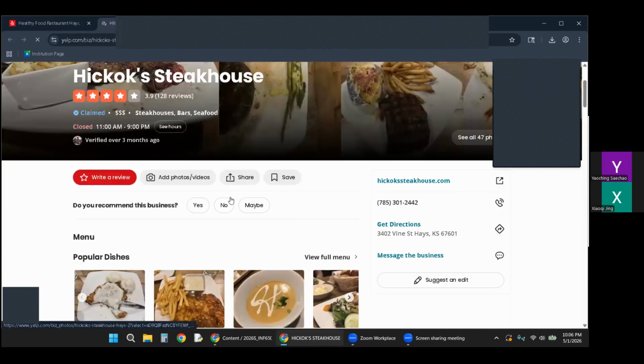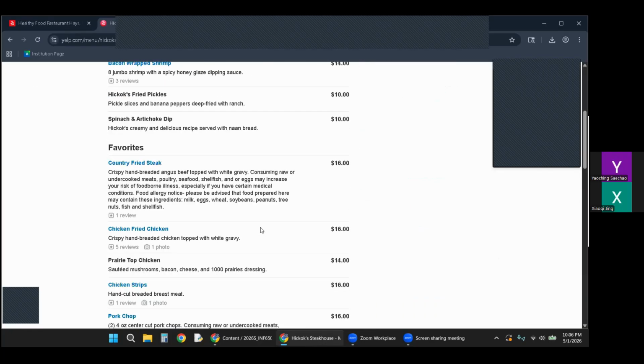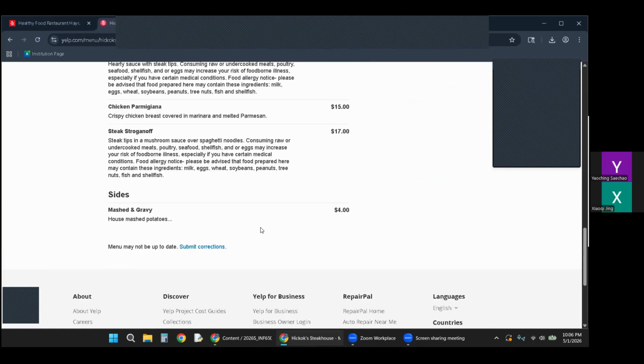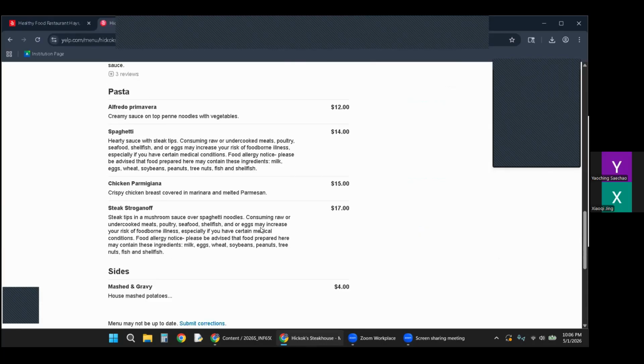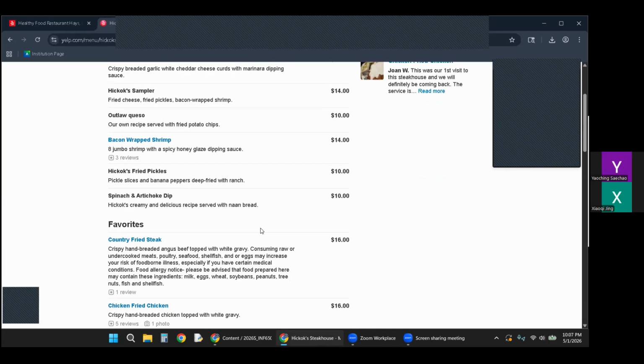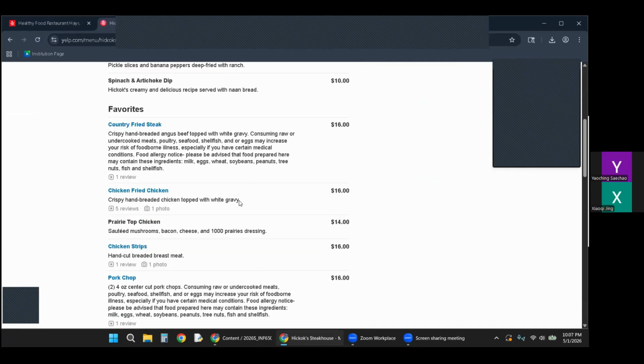But we could definitely look at their menu. Whenever I think of a steakhouse, I think of more fancy, big meals for the parents, and you don't typically have your kids. And that looks about right based off of their menu. Unless it's just the way the website is, there's not very much to choose from.